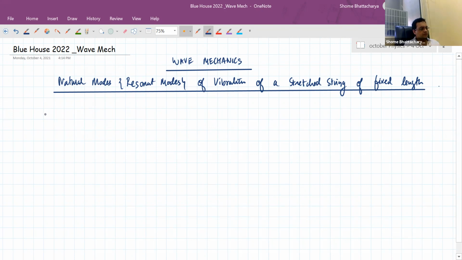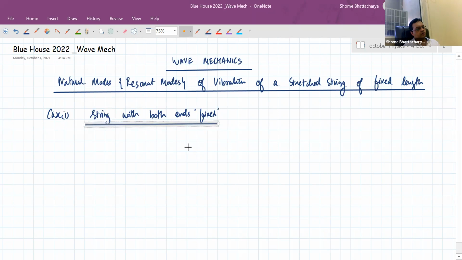So the first case that we saw of this was a string with both ends fixed. So when both ends are fixed, then the two ends of the string should form nodes in the standing wave pattern. So the possible standing wave patterns are ones where vibrations like this can happen, that either the two ends are consecutive nodes, or